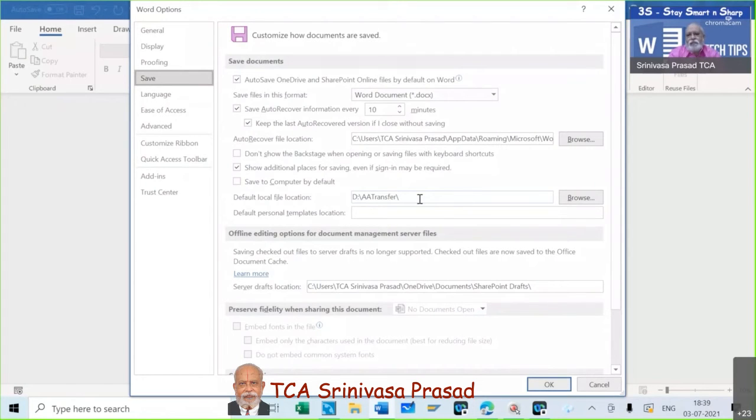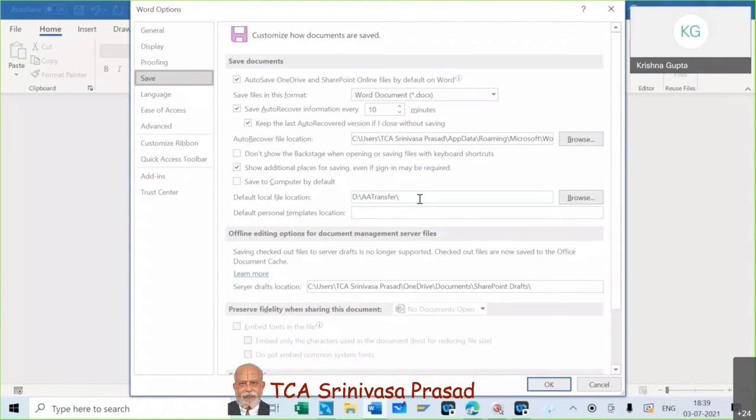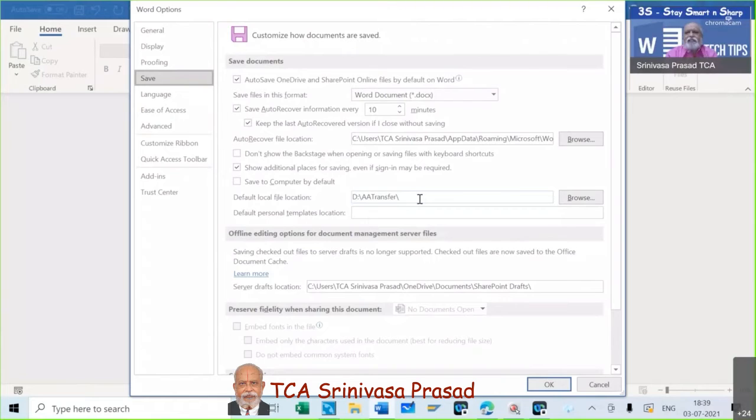and then it will always save in this file only. So suppose you are working in a company called ABC for the day, or for 2-3 days you are going to work for that client. Now what I suggest is, since you would have created a directory for those 2-3 days, you can put it as the default file location. Then every time you need not go through file, open, then C colon or D colon, then go to the directory, then that subdirectory, all those hassles will not be there.